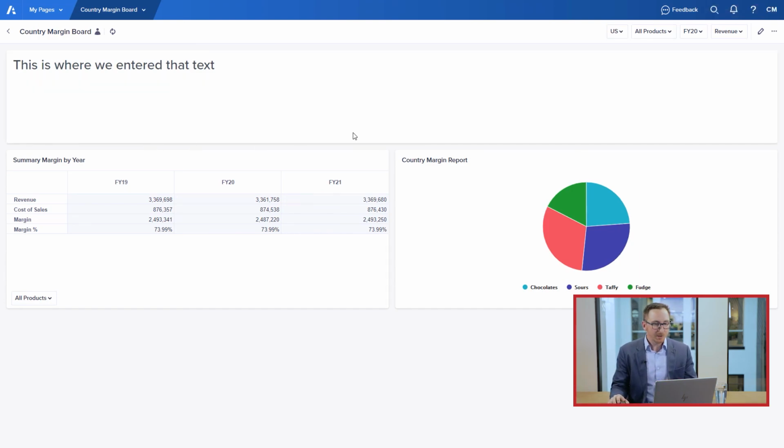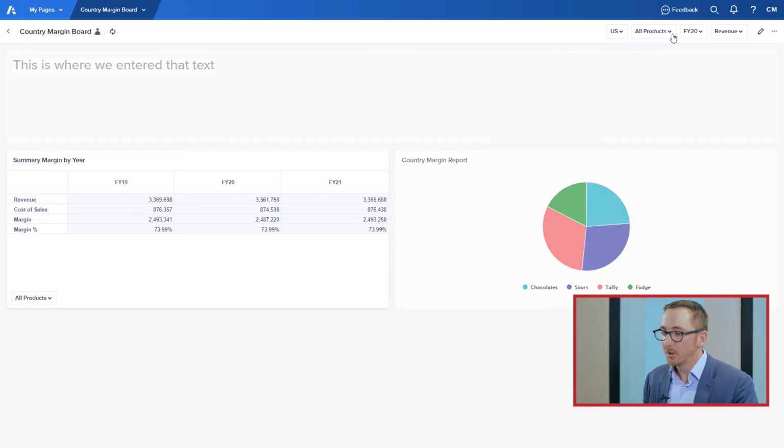Now, earlier you remember we added the description into that box, and I said it was very similar to our tooltips. That little blue icon with an i, which is very much what you would think of for information, your end users can go into there, and as they hover over it, you'll see this is where the description shows up. So if you want to write notes, maybe give a little bit more context and you don't necessarily want to add a text tile in there, this is going to be a good way to get information over to your end users.